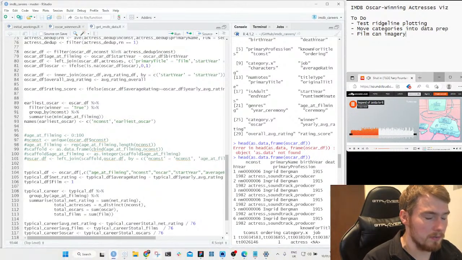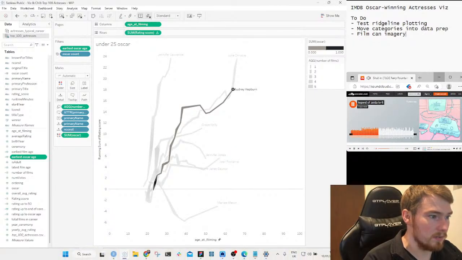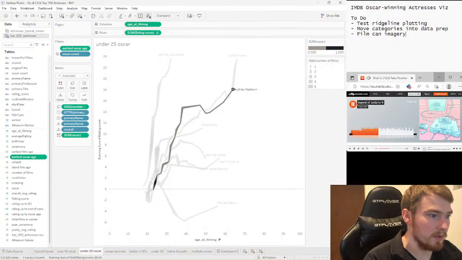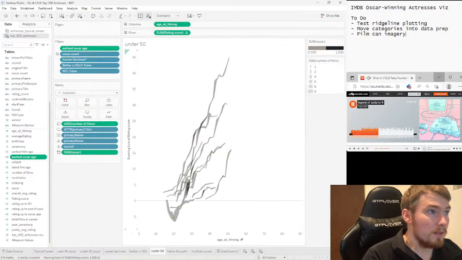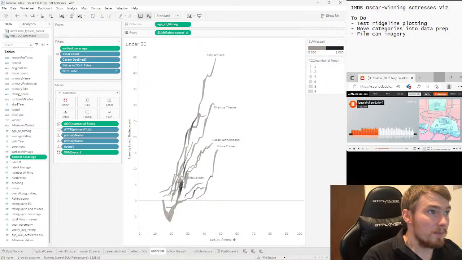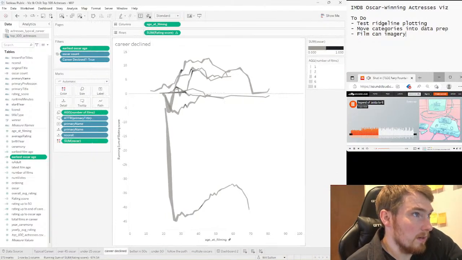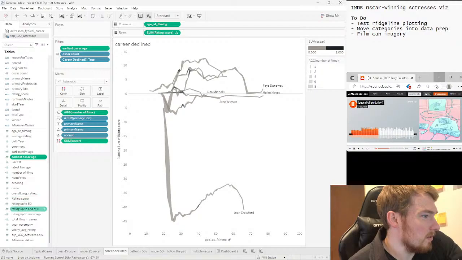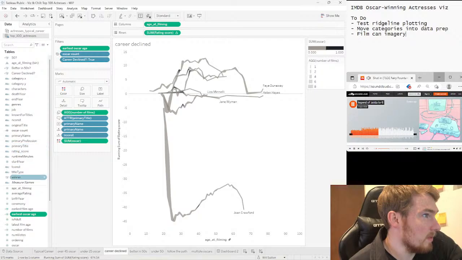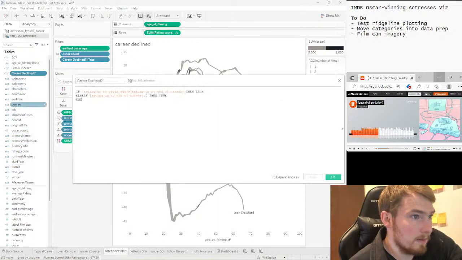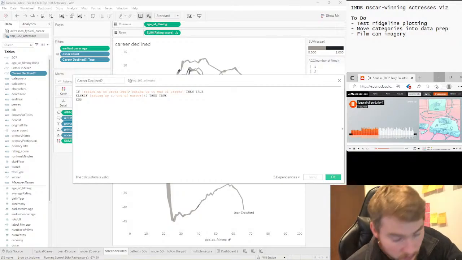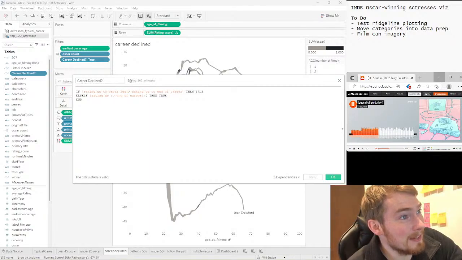So now we can work out who got the Oscar over 40, 25. Here we had one career declined: rating up till Oscar age, and then rating up to the end of their career.